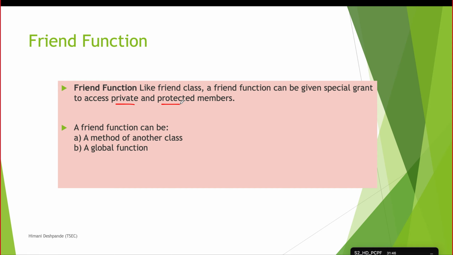Those BFFs are your friend functions. With them you can share anything, however private it is. Those types of functions are called friend functions. A friend function can be a method of another class or a global function. So you can have a function in another class, or it could be outside the class as a global function.